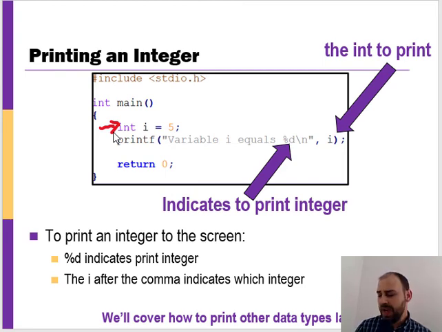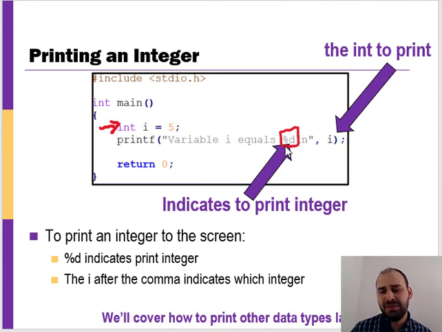The way that we do that, and again, I'm just introducing these at a high level now, we're going to go deeper into these later on, is we're going to use this %d, which stands for that we are printing an integer as a